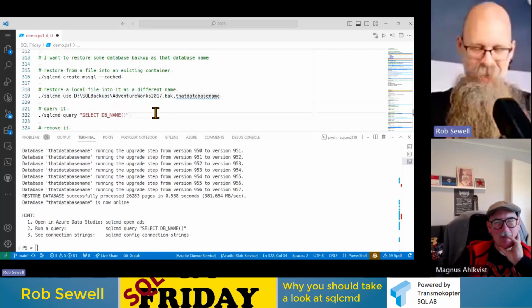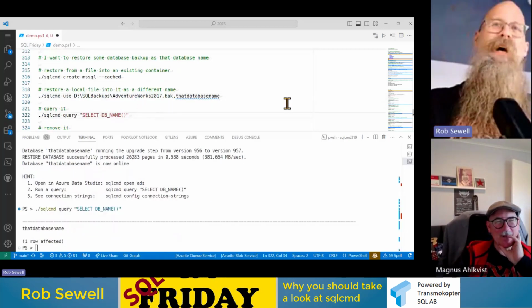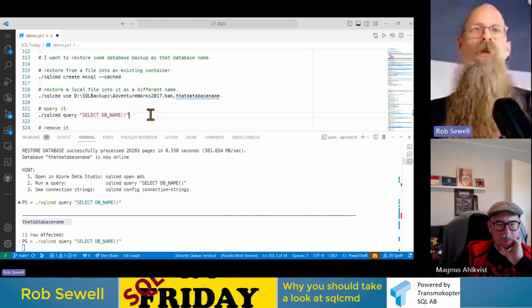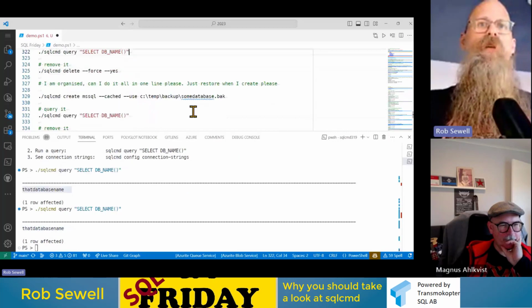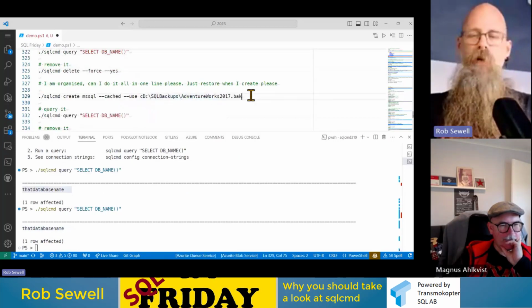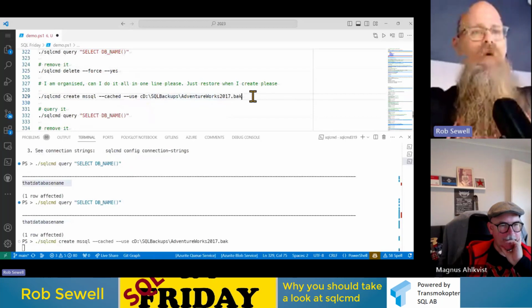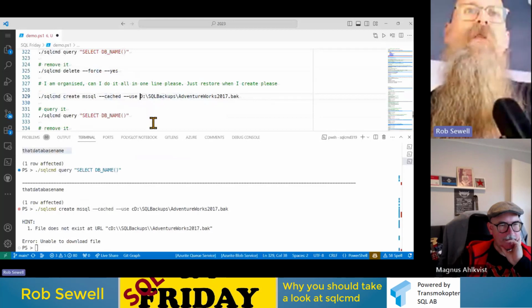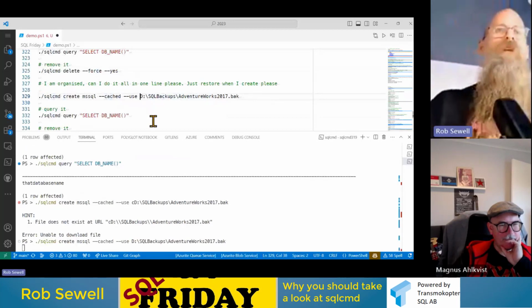But anyway, we can restore a backup with a different name. There we are. This is going to restore as that database name. There we go. So if we remove it, and it's like, oh, well, actually, you know what? Let's just do it all in one line. So remember, this is stuff that's coming. This isn't available yet, but you can kind of see that if you put the correct values in,